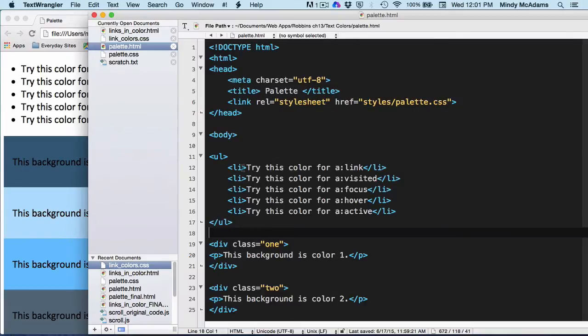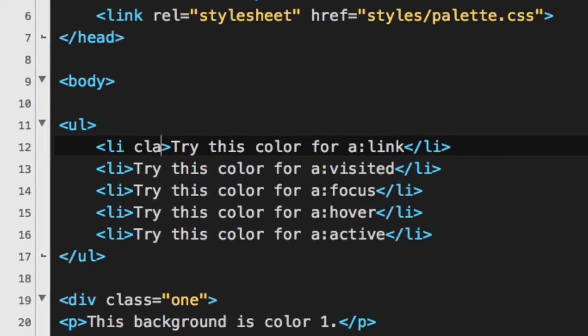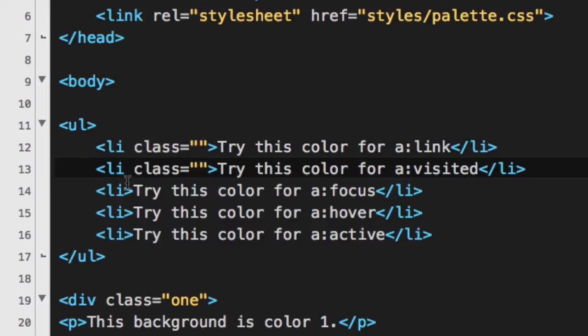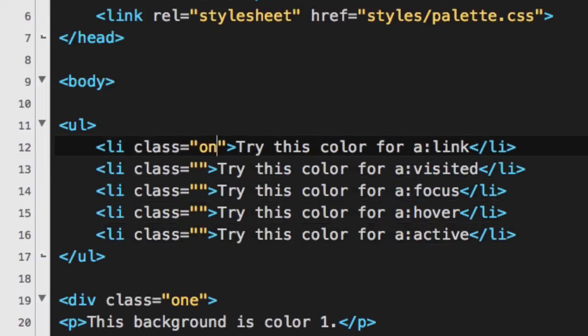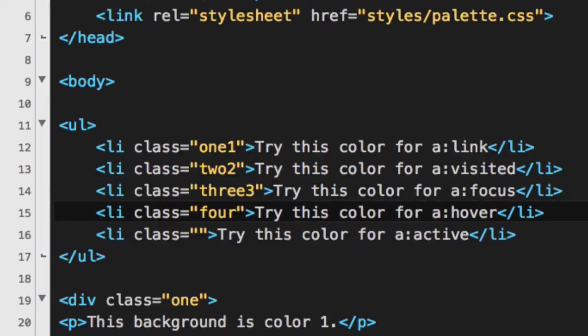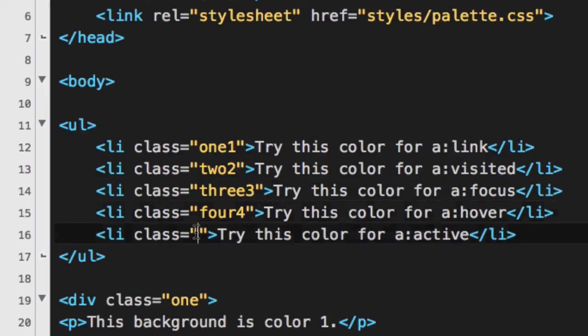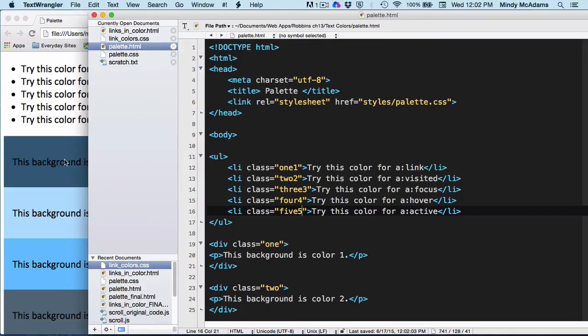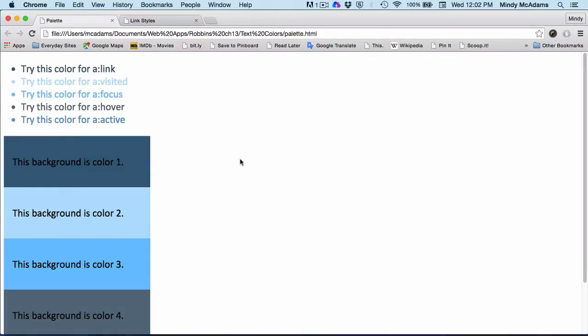So to make this work, I'm going to have to include a class in each of the LIs. And I'm going to do this the easy way. The reason I'm doing it this way is to demonstrate for you, or to model a way to test all the colors in your palette very easily as both backgrounds and as foregrounds. So save and then reload, and now we're seeing how those colors look when they're applied to text against a